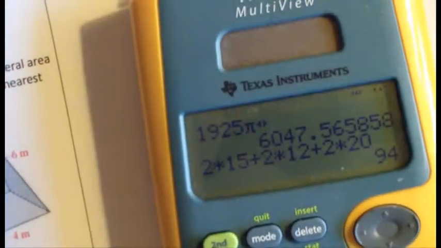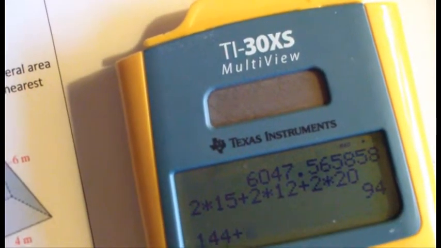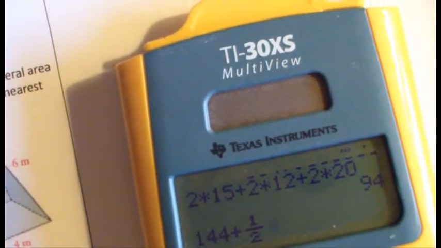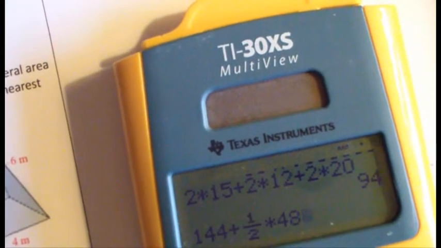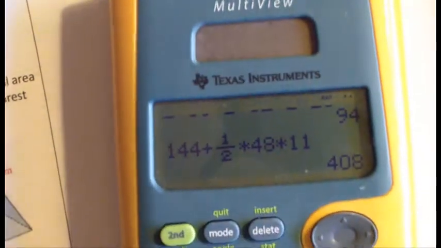So we've got 144 plus 1/2 times 48 times 11. And we get 408. So our surface area is